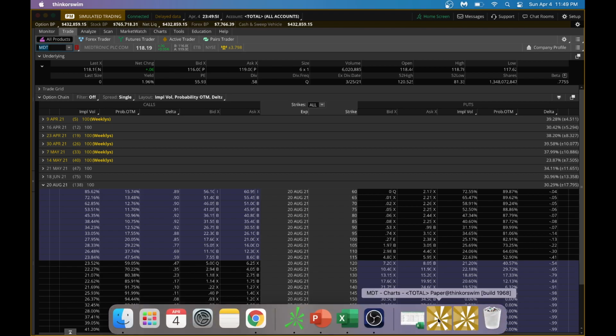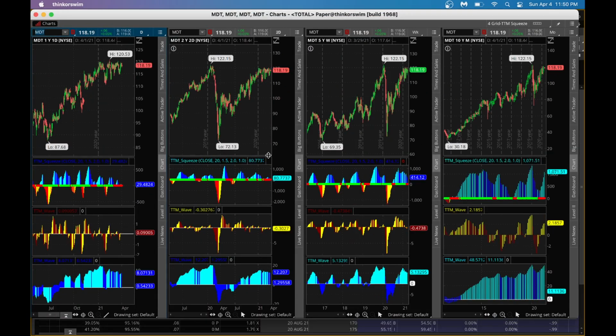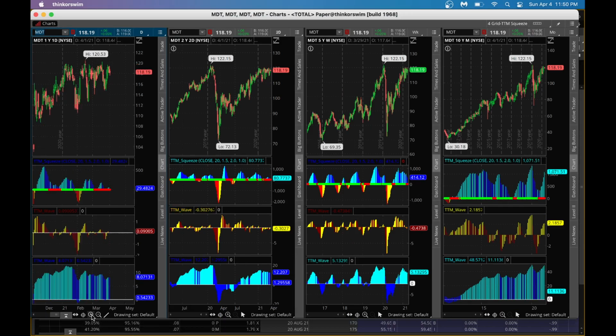So with that, let's look at the TTM trend here. From the TTM Squeeze perspective, we have a squeeze on the daily chart here. As you can see, we have lines above zero when it comes to the longer term A wave. The shorter term C wave also just got above zero, which is a bullish sign. And we have a squeeze in the